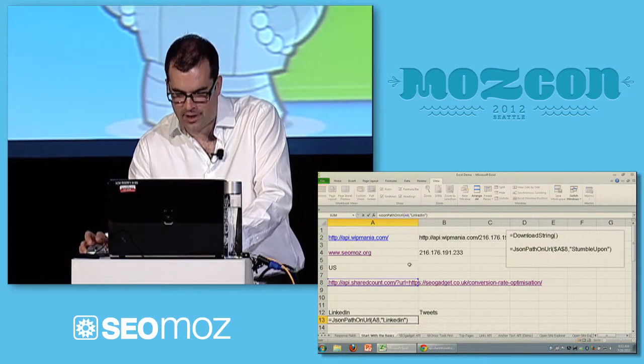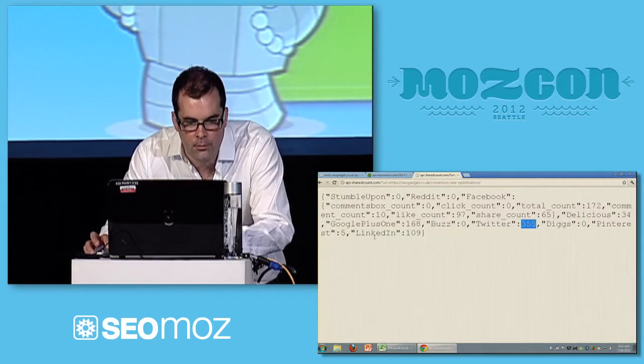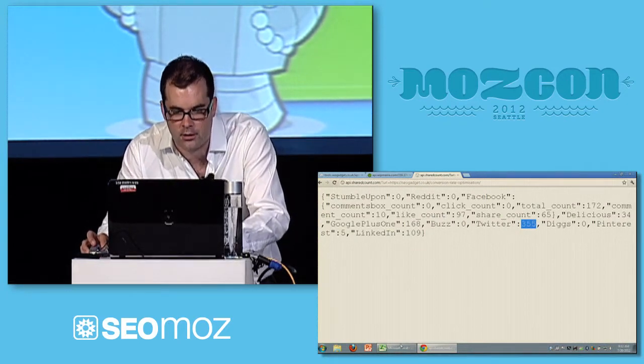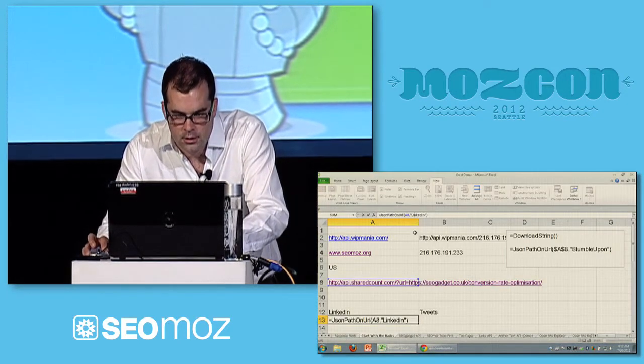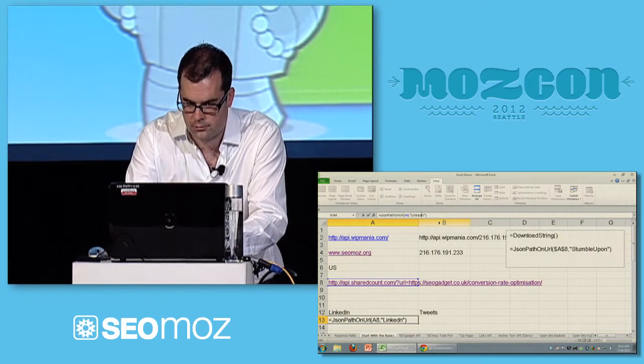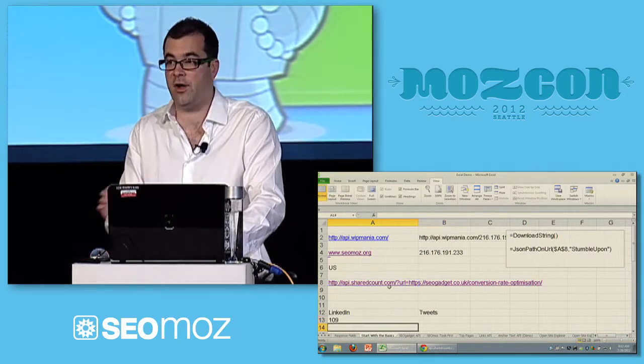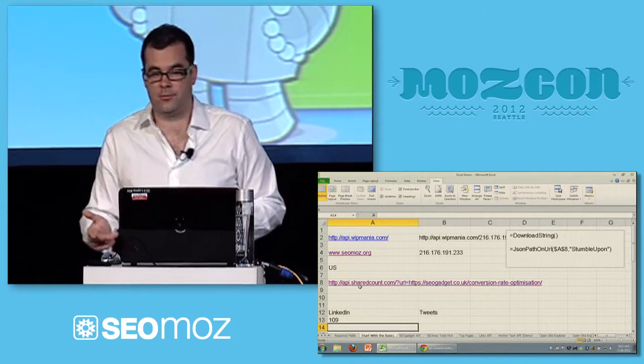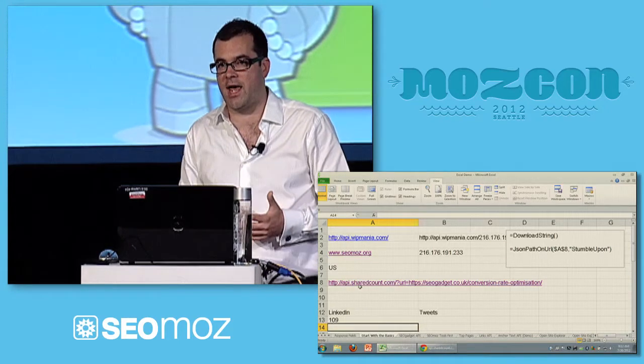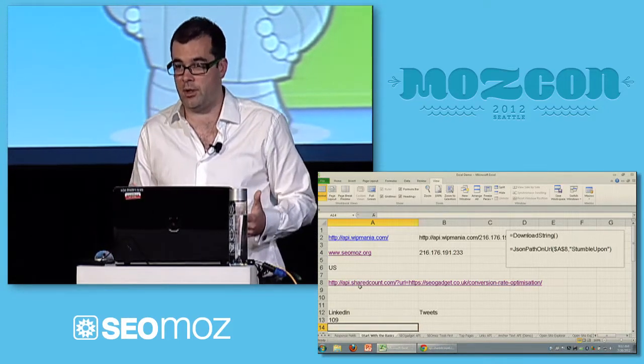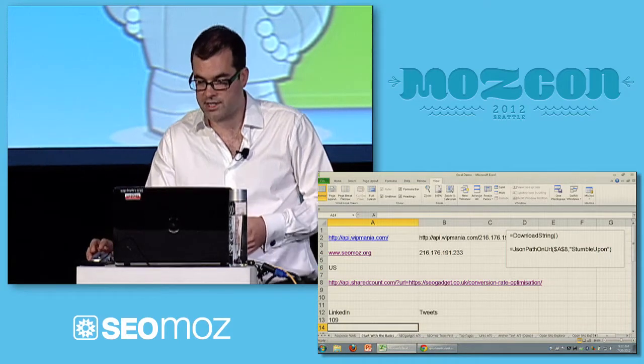It's case sensitive. Let me just check. Capital L, capital I, that'll be it. Right, if I can do that, you can do it. So now we can build a data set with our social share data just from an API call, which is pretty exciting stuff.